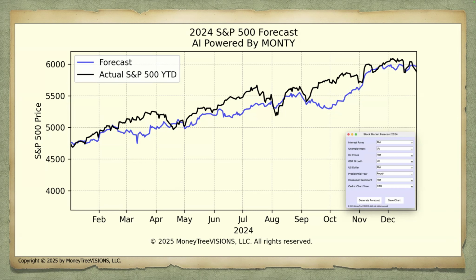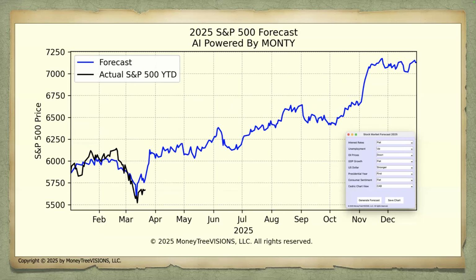We said, let's see how well the forecast would have come out last year, at the beginning of 2024, with the settings that we had for 2024. That is the blue line, and our actual for the year is the black line. You can see that our forecast did a very good job, trend-wise, with a lot of volatility. So let's say that looks pretty good. If we start that as a base and move forward, what would 2025 look like with those settings?